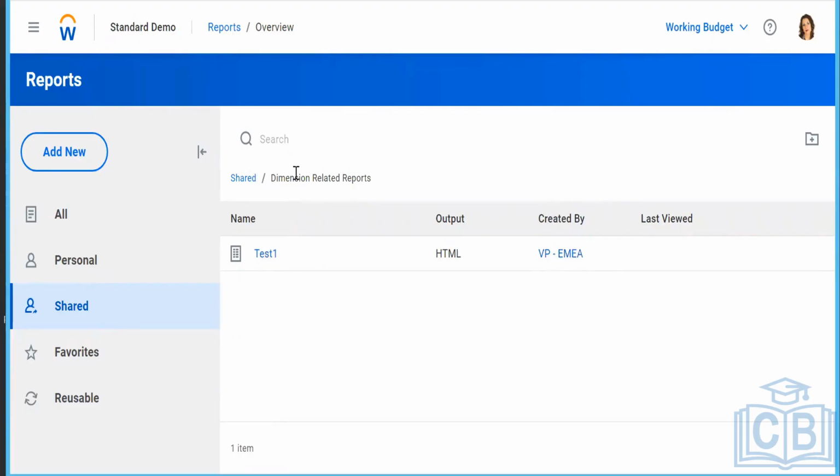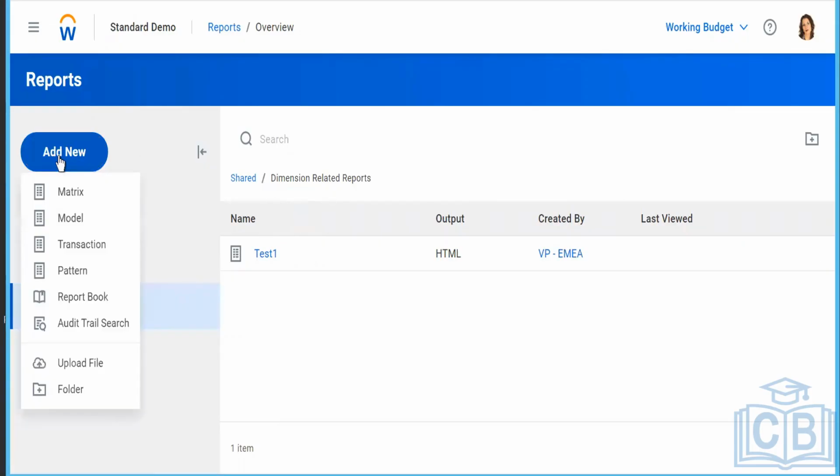And automatically this folder will be visible to Patrick because you have shared this folder and this report with him, but not with the other user. Can any other user see this? The answer is no. That's why we have given the functionality of adding the folder, because it is used for